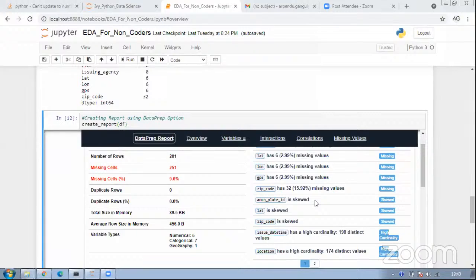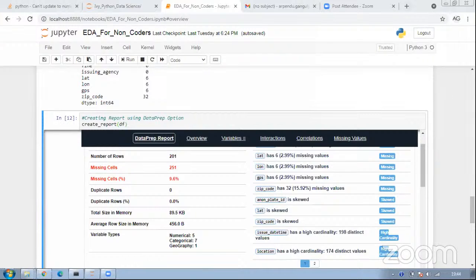So in this case, as I said, Kripa, it's an ID column. An ID column will not matter much, right? An ID column is just a unique number, and having it skewed or not skewed will not matter. Had it been some other column which made sense, we could definitely have done a deep dive on that. So that's basically what it allows you to see.